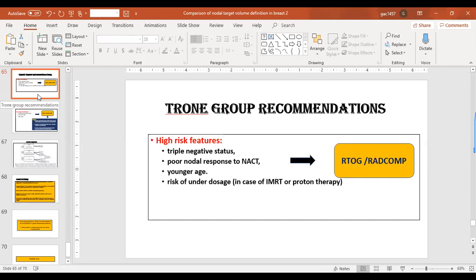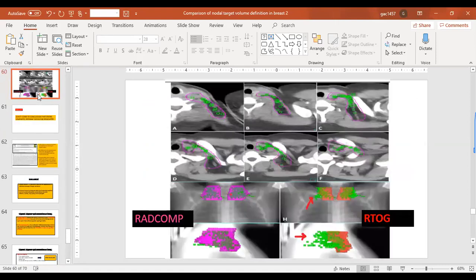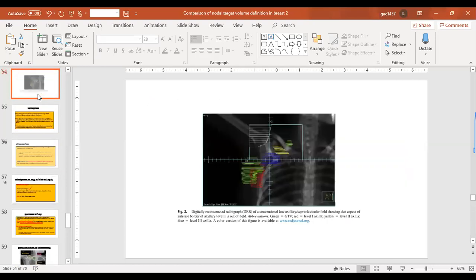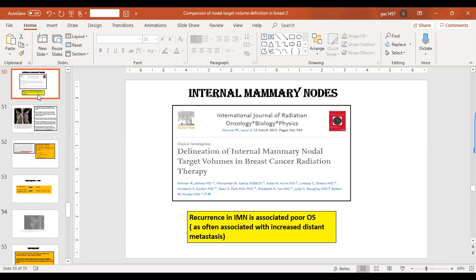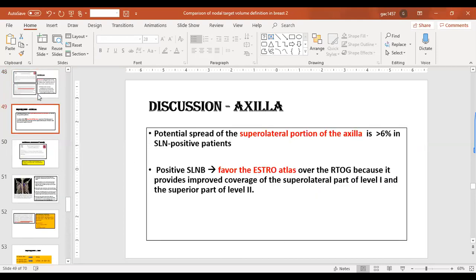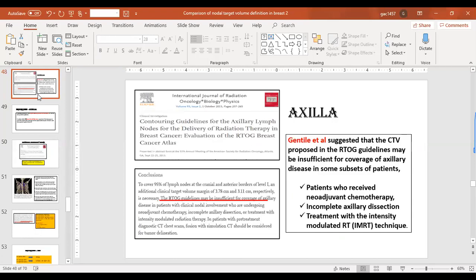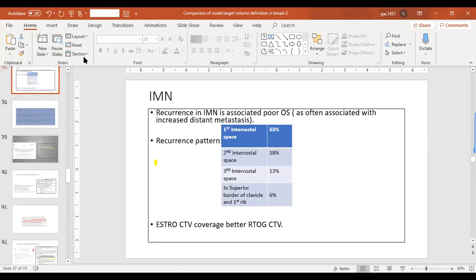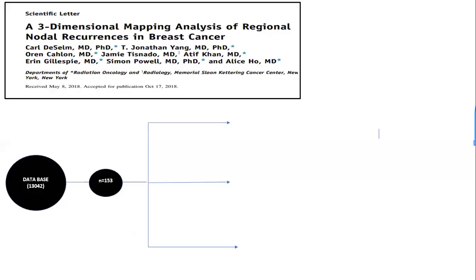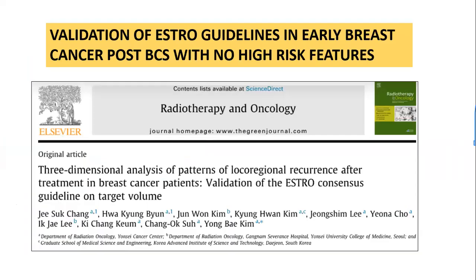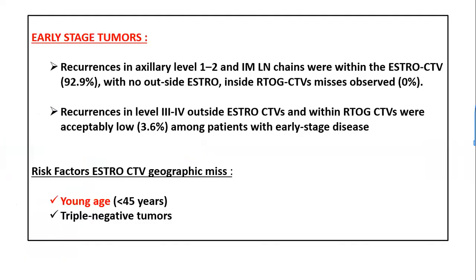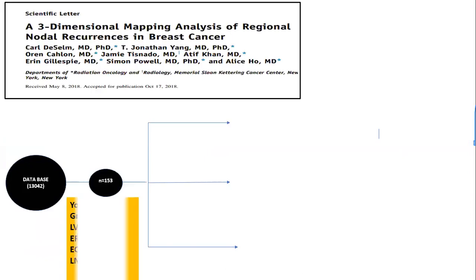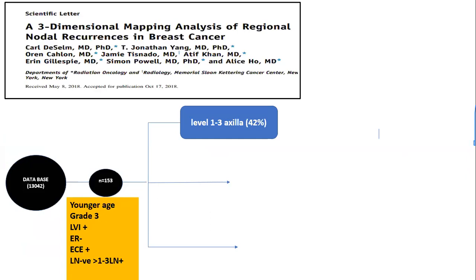Indira, that was an excellent presentation. I just have a comment. The MSKCC study has a chart saying that in the axilla there is 42% failure. That is a very high rate of failure. How many do we see in the axilla? Yes, ma'am. If you go through the whole paper, you will come to know why there is such a high incidence of axillary failure. But I think it's too much. Here they have very high axillary failure, ma'am.